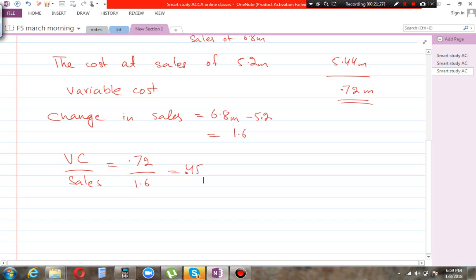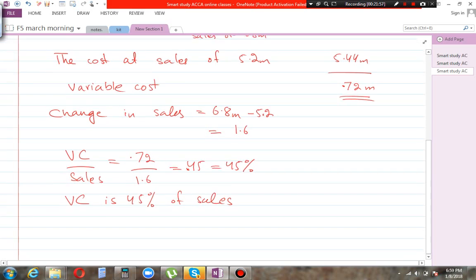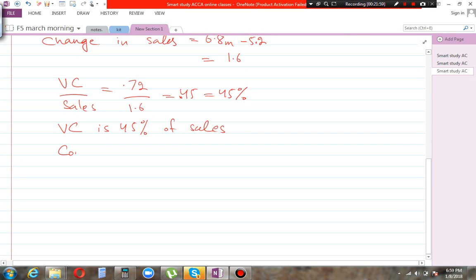In other words, we can say that if we call it 45%, it basically means that the variable cost is 45% of the sales. So variable cost is 45% of sales. Now if the variable cost is 45% of the sales, then it means that contribution is 55% of the sales, right? And so, therefore, contribution is 55% of sales,